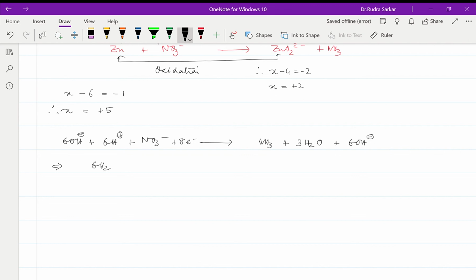We write 6H2O, NO3-, 8 electrons, NH3, 3H2O, 6OH-. Now if you see 6 water here, 3 water here, so we will remove this water molecule and we will write simply 3H2O over here. Now if you check over here, what we will say,